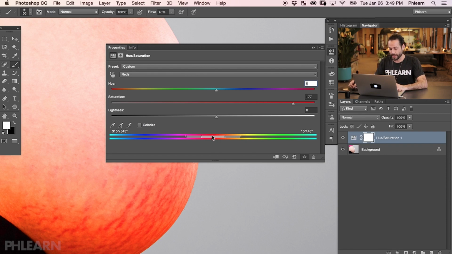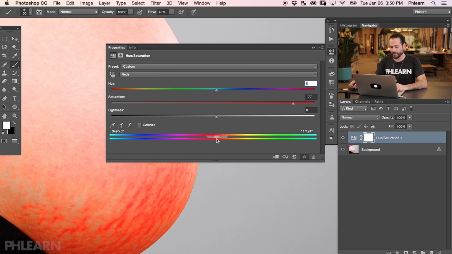So how this works is this central part of the slider is where we're actually gonna be affecting, and this over here to the left and to the right, that works like feathering. It's going to give us a little bit of leeway either way. So what I want to do is I actually want to click here and bring this part in, because what we're trying to do is we're trying to affect less of the red area so we can target just the stretch marks. We're going to click over here, and I'm going to bring that side in as well. And then we're going to click right there at the very end and right here at the very end. All right, so we're basically like narrowing the area that gets affected.